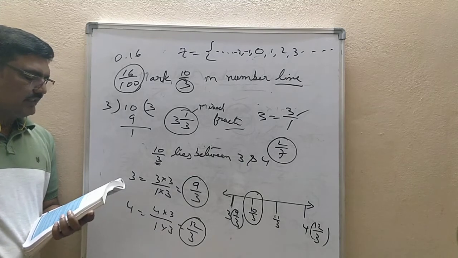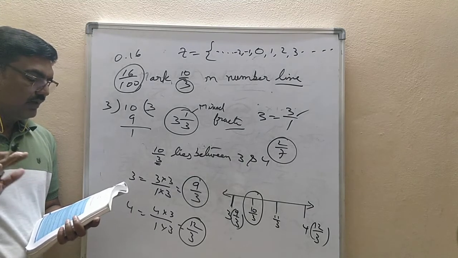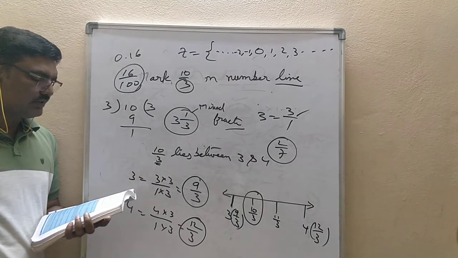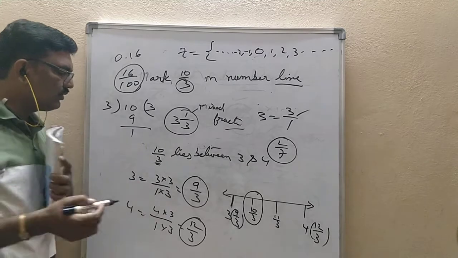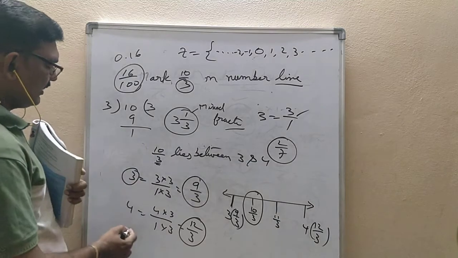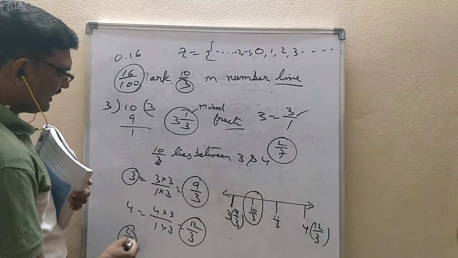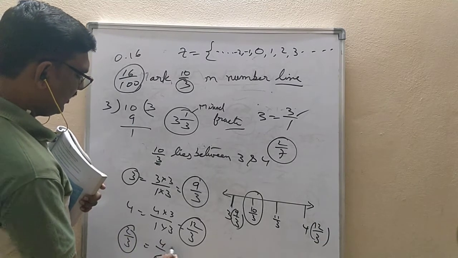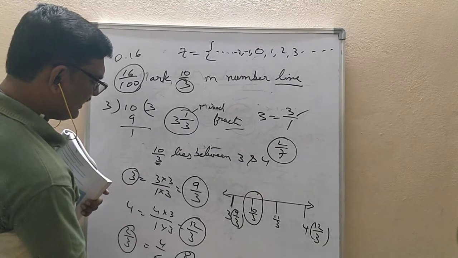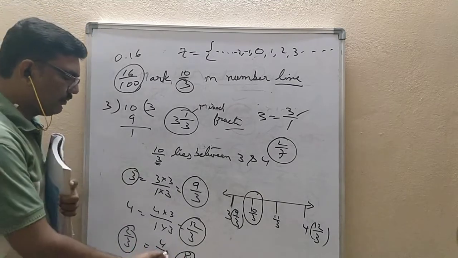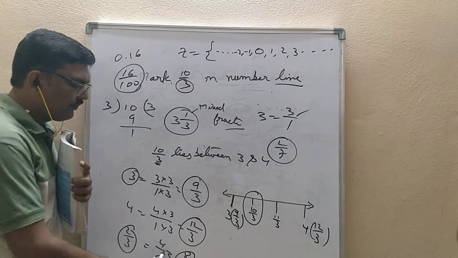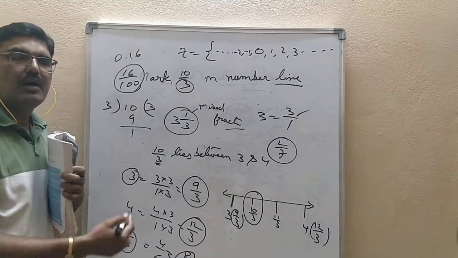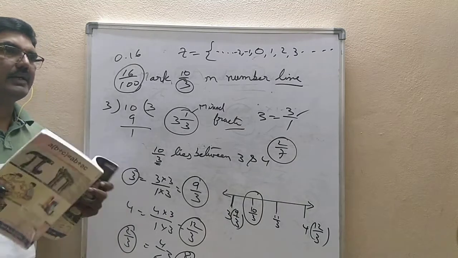5 by 7, 6 by 7, 7 by 7. The values are different. They are not equivalent rational numbers. Equivalent rational numbers of positive rational numbers are all positive. It is good. If you take 2 by 3, its equivalent numbers are 4 by 6 and next 8 by 12. These are all positive only. If it is positive, equivalent fractions also will be positive. If it is negative, all equivalent rational numbers will be negative.